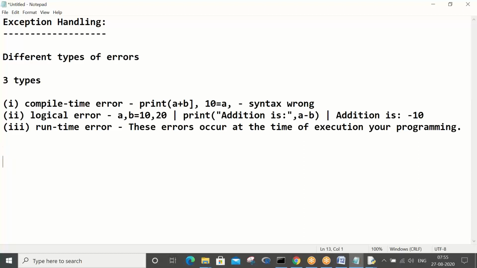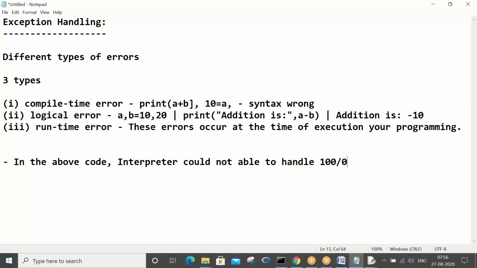So you can write a couple of lines in the above code, like 100 by 0. In the above code, the interpreter could not handle 100 by 0, which leads to infinity.